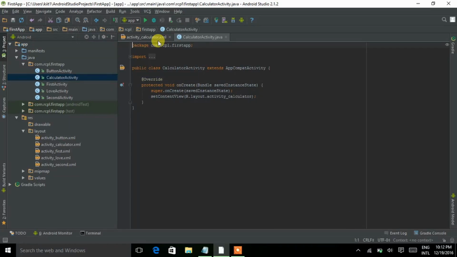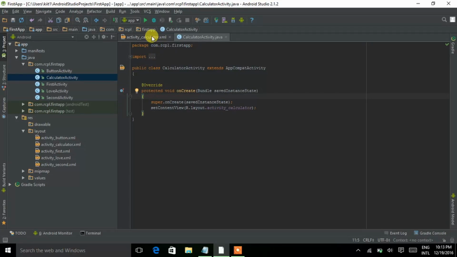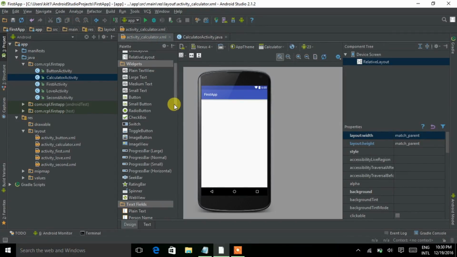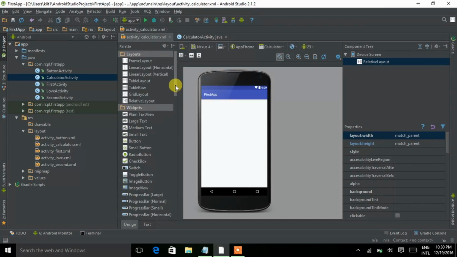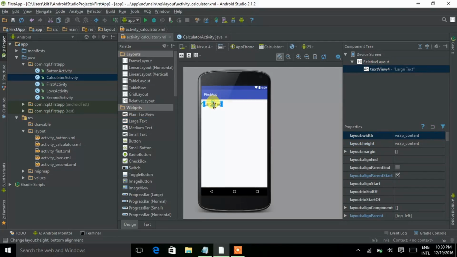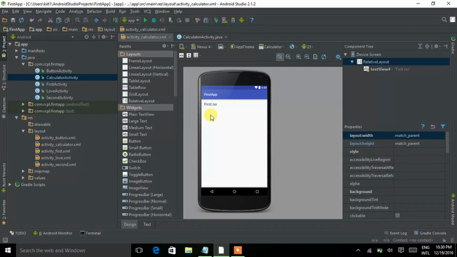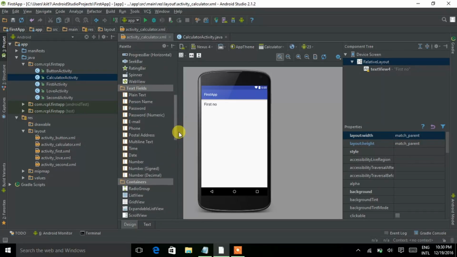Now here we get the XML file and the Java file of the calculator activity. I am starting the coding first with the XML file, so open the XML file. Now drag and drop the components. First take a large text here and drag it to the phone. Double click on it and change the default name. Here I am choosing first number. Press enter. Then go to edit text,